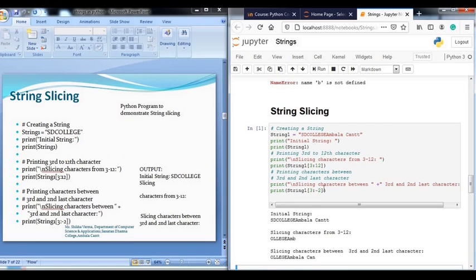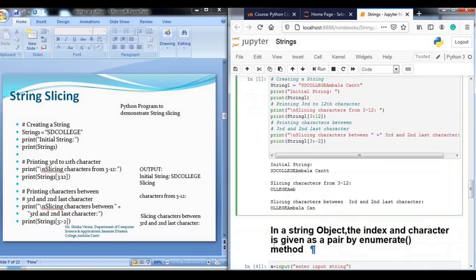Then if you want starting from the 3rd character to the end, that is the second last character, for the second last character or reverse order, you just use -1 for the last element, -2 for the second last element. So here I am using -3. Okay, so here it is, the answer of this particular code. So that's the functioning of string slicing.